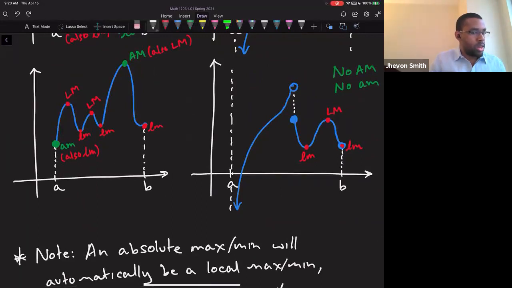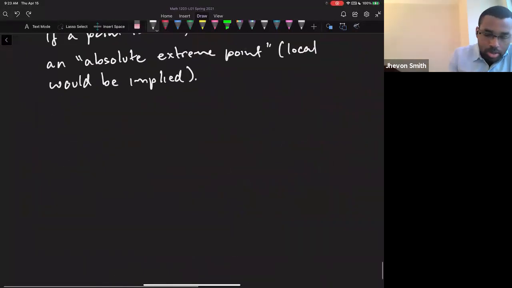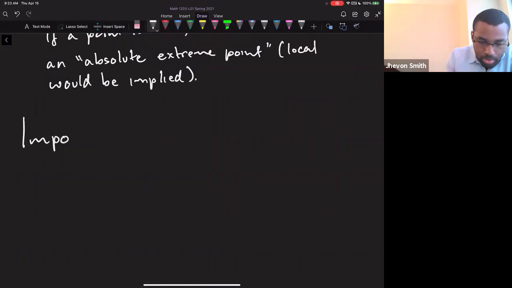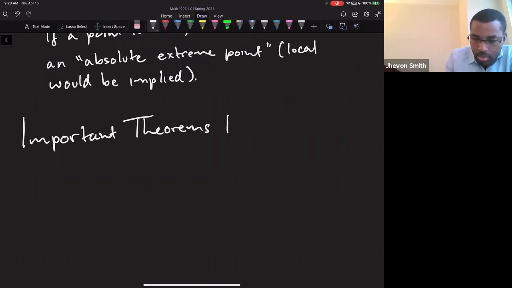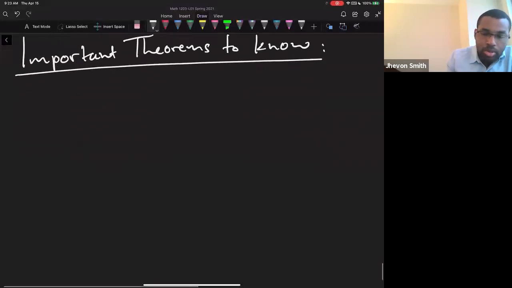Now, I want to get to the point where we can find these guys. It turns out the local maximums and minimums, we can actually find those using the first derivative test. So that's not going to be bad. But we need something else for the absolute maximums and minimums. So let's move on to being able to do that. Important theorems to know. You don't have to know how to prove them or anything, but you just should know them, what they say. Okay, so one,